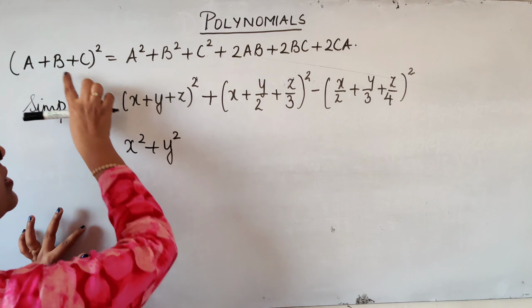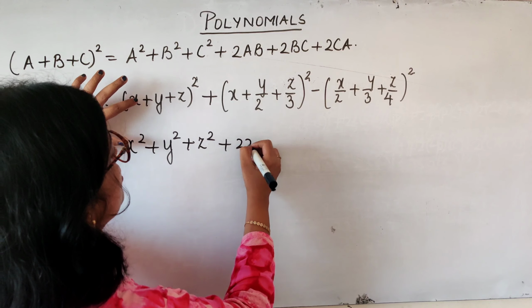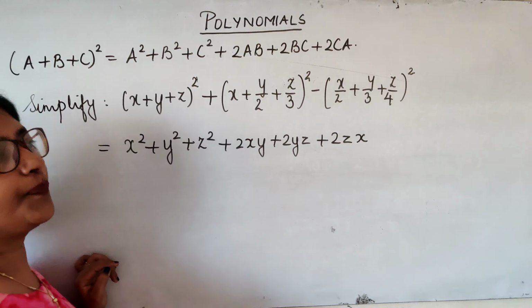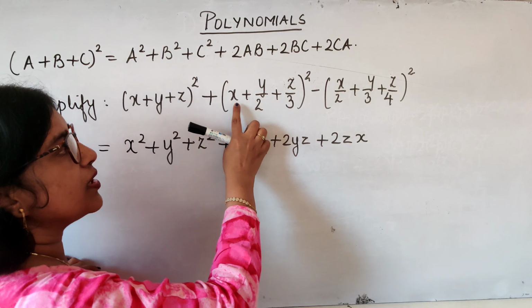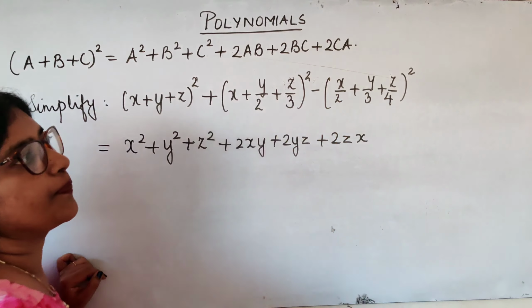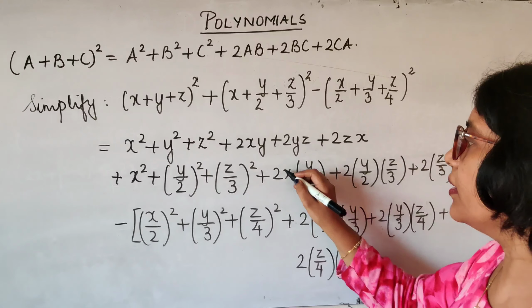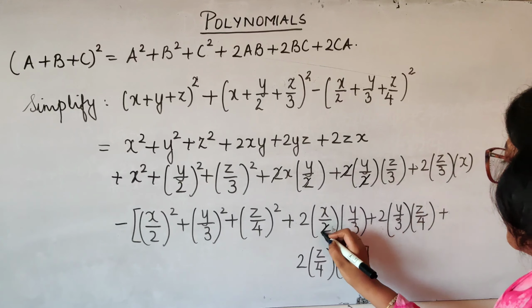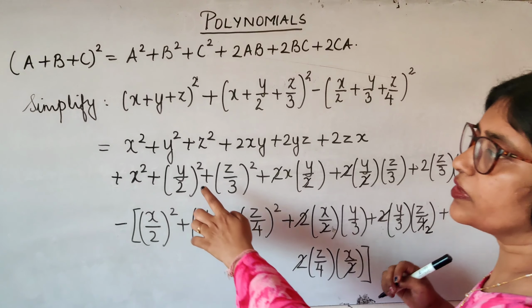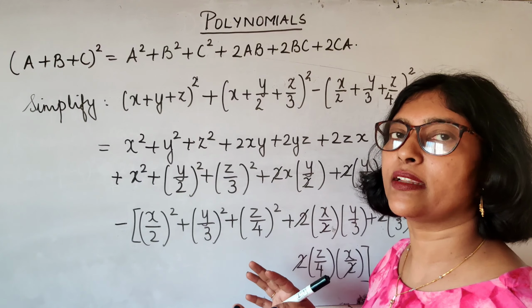Instead of A we have X, B is Y and C is Z. So apply the identity, 2xy, 2yz and 2zx. Okay. Same way we will apply the identity for this one. Now our A is X, B is Y by 2 and C is Z by 3. And same we will do for this. So on expansion we have this, which can be further simplified, like we can cancel this, 2 is there. Over here also the same. And also simplify this y square by 4 and then we will add the like terms. To add the like terms, we will write them together.